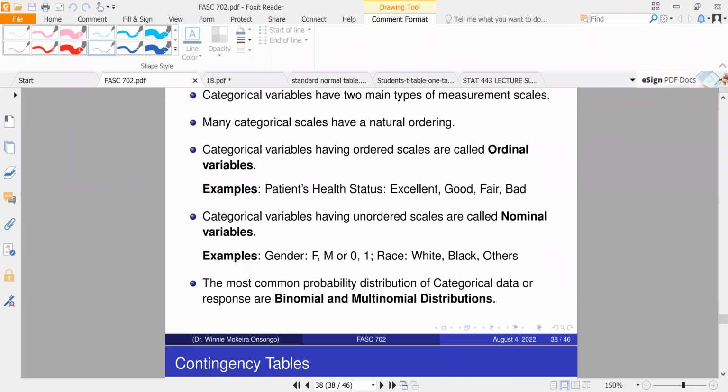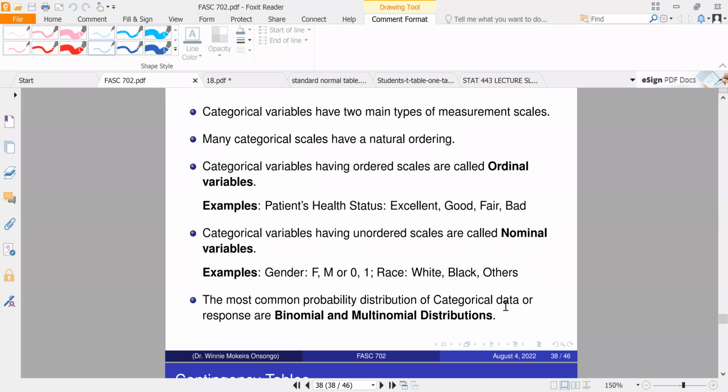Now, this type of observations cannot be analyzed. We cannot assume that they have normal distributions, no. Now, they can take different forms of distributions. And in that particular case,